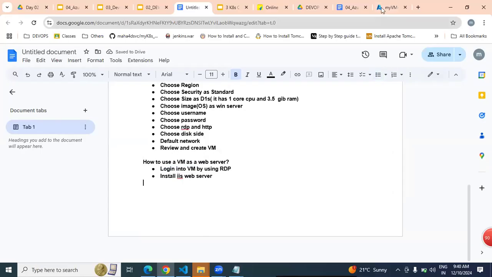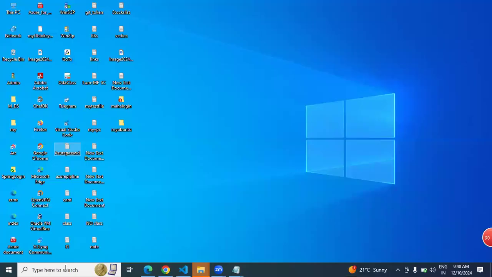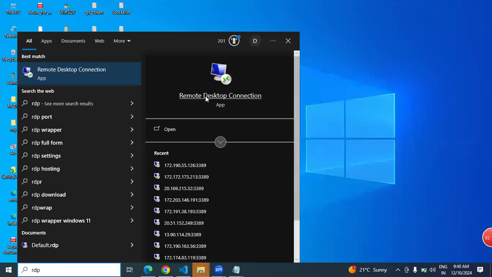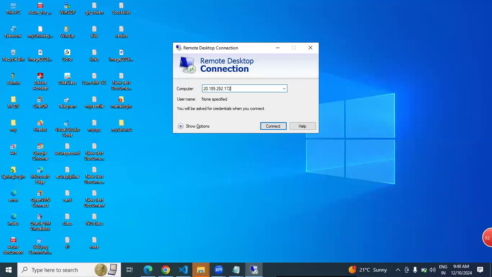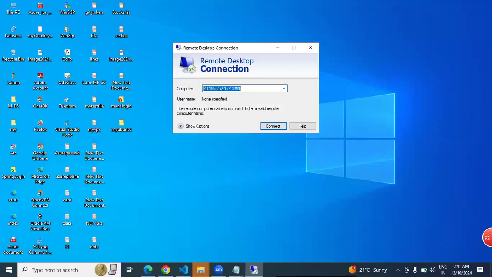Clear. Shall we try to do that? How exactly? First, let me copy the public IP of this machine. Let us search in the taskbar for RDP and please open remote desktop. Copy and paste it. The default port number for RDP is 3389. Let me repeat again: paste the IP, colon, 3389. Once it is trying to connect,